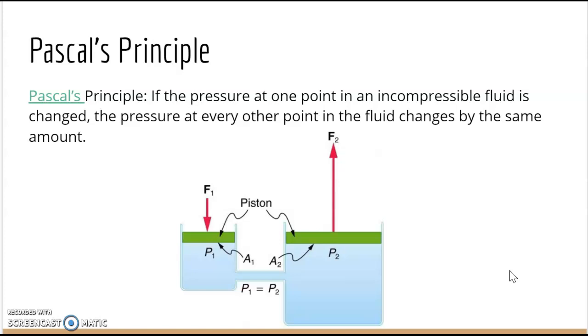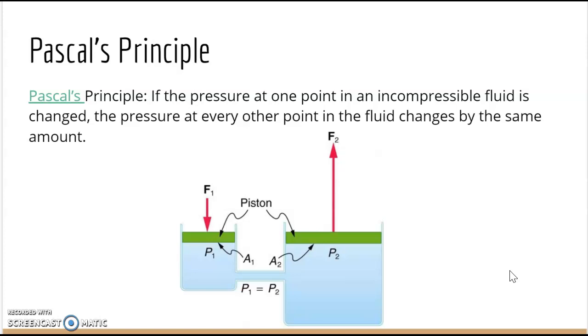So what I mean by that, in other words, looking at this diagram, we have some incompressible fluid and then two pistons on top of this container, where the container has a shape where the fluids are connected. What pistons are, simply put, is some sort of mechanism. I like to think of them, typically, as